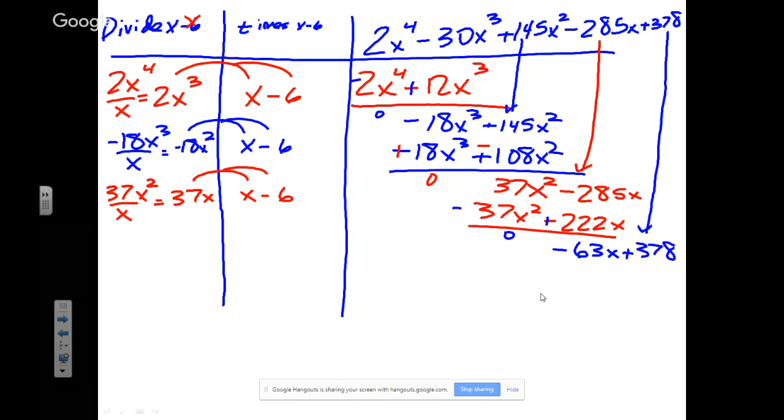Okay. Again, if I make a mistake on this part, I don't have to erase the last division because I knew that worked out. I just have to erase this whole screen. But don't do the third one, get it wrong, and then erase the whole page. It's just up to where you got 0, 0 last. And then negative 63x divided by x is negative 63. X minus 6. So I get negative 63x. Negative 63 times negative 6 is